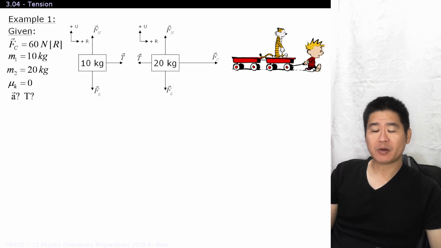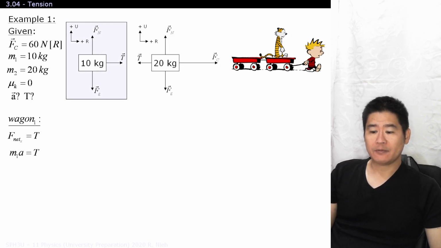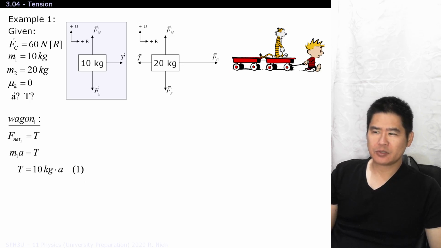Now, in this simplified problem over here, especially since mu k is equal to 0, there really is no need to calculate out your F net y because it's going to equal 0 and it really won't impact the rest of our answers. So instead, we're just going to focus on the x dimension. So when we look at the 10 kilogram mass, the only thing that's causing it to accelerate is tension. So F net is equal to ma, but our F net is just equal to tension. So if these two quantities are true, then you can argue that ma is equal to tension. We now have an equation with two unknowns, so there's not much we can do, so we'll move on to